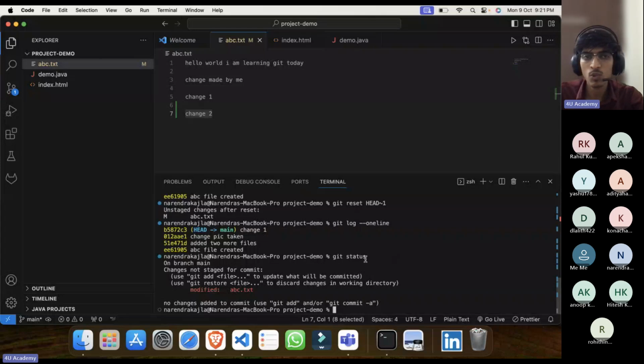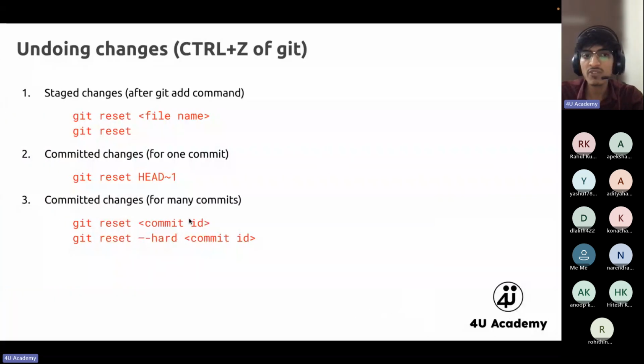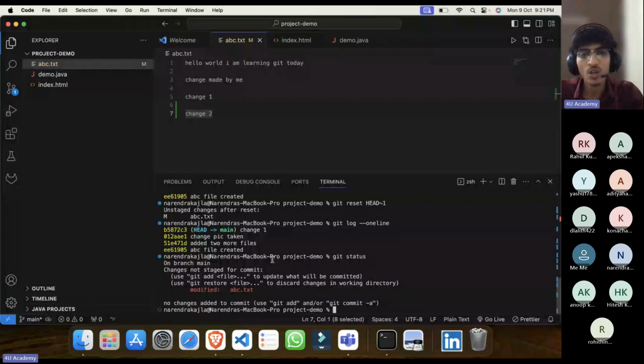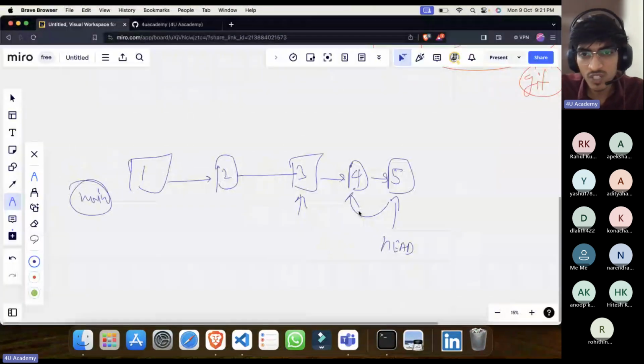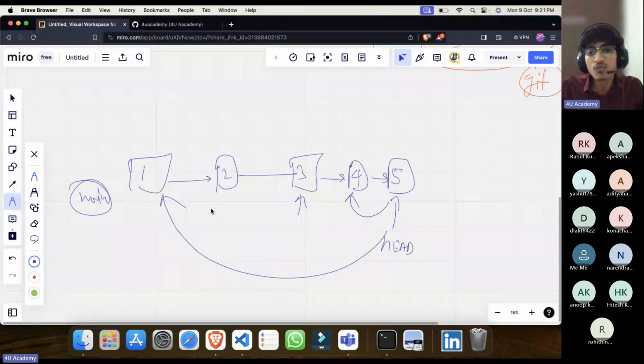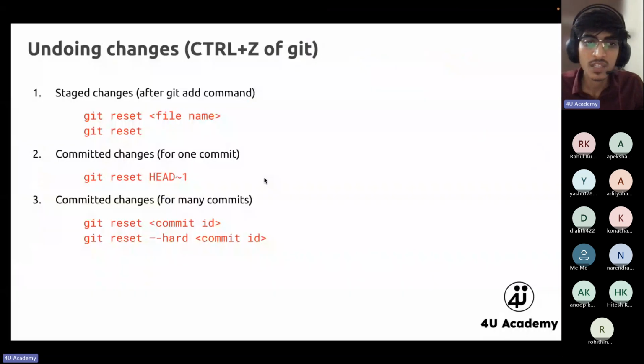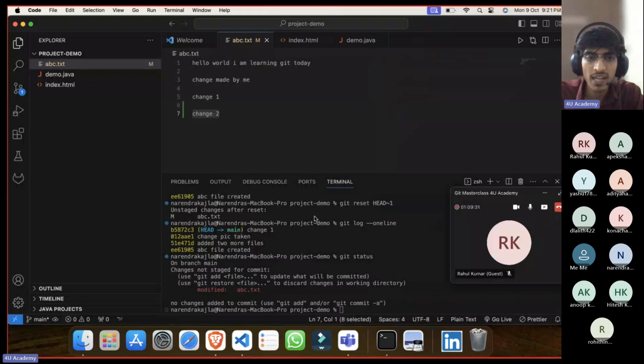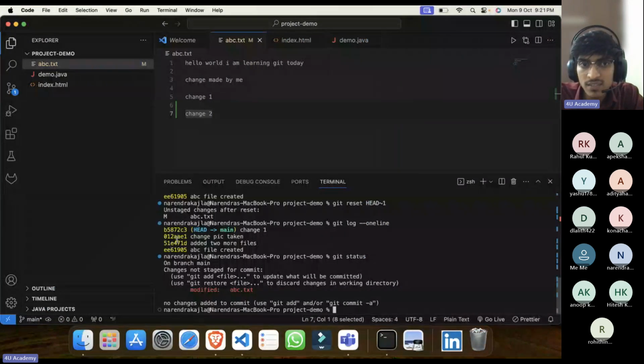But what if I want to go back 2-3 steps? For that, HEAD~1 will not work. Suppose I want to come directly to, let's say, commit 1 or 2, wherever. For that we will use git reset and then the commit ID. As I said, everyone is having commit IDs. Let's say I want to go directly to the second commit. I want to delete both third and fourth.